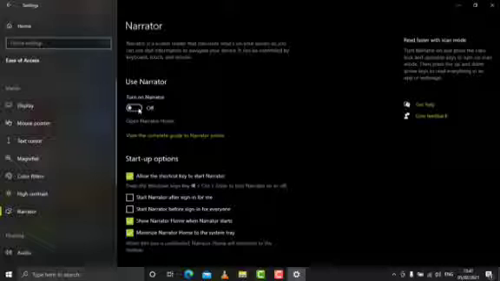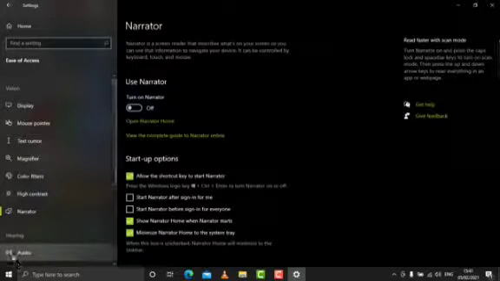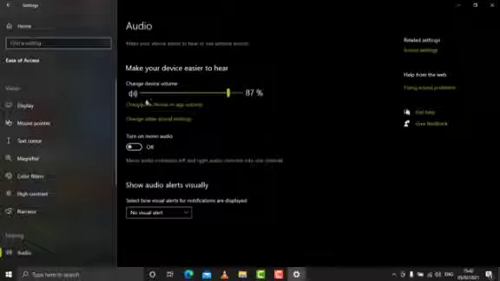The next feature is for hearing impairments. Some persons are not able to listen to low volumes. For them, there is a tool through which they can increase the volume of the system. For that they have to come to Audio. Click on Audio, and here you can see the volume of the system comes up. You can increase or decrease the volume; the person can adjust the volume to the extent that he is able to hear the audio properly.